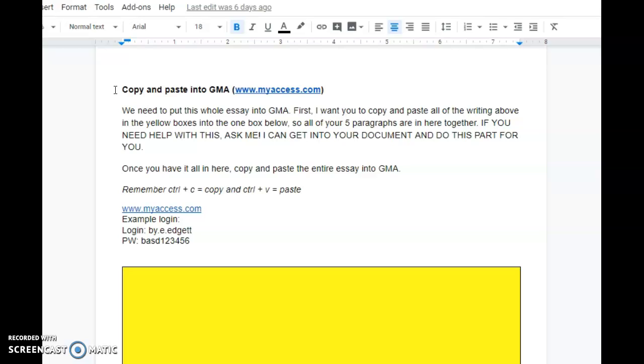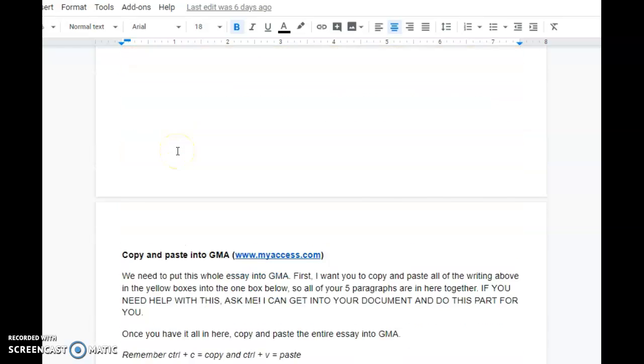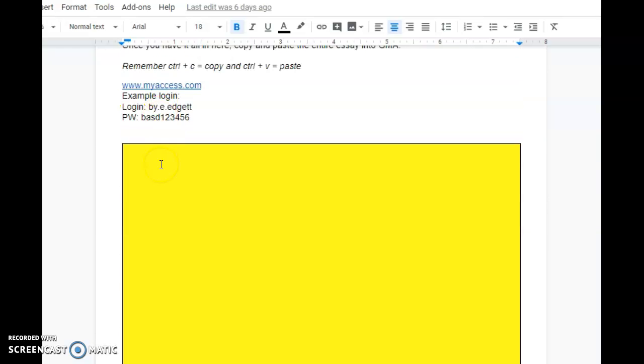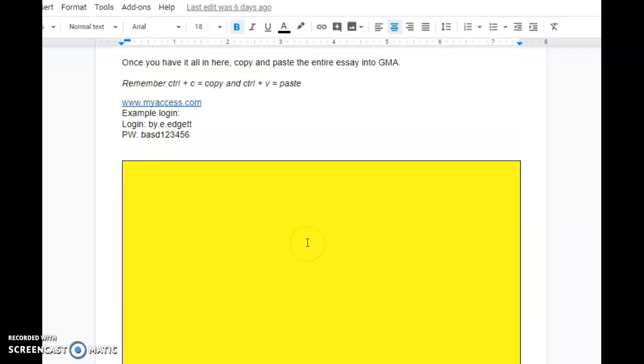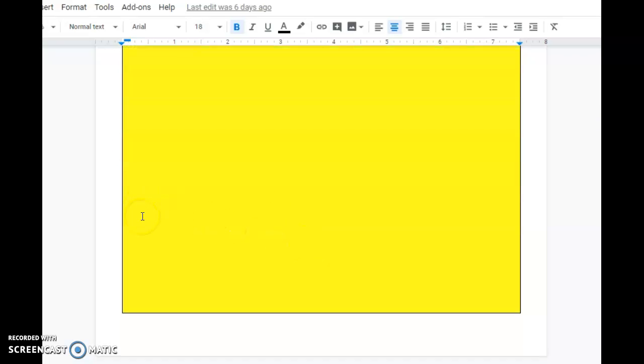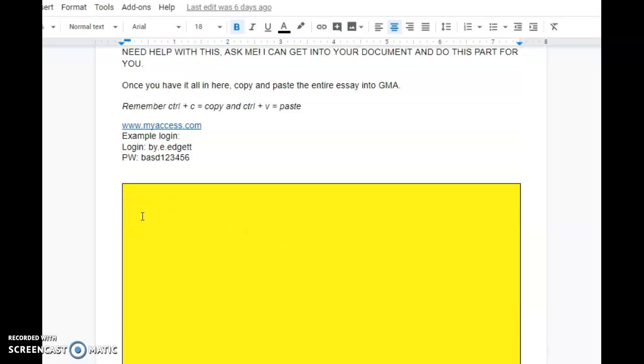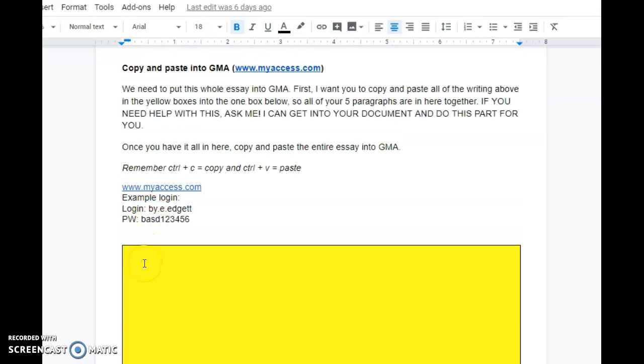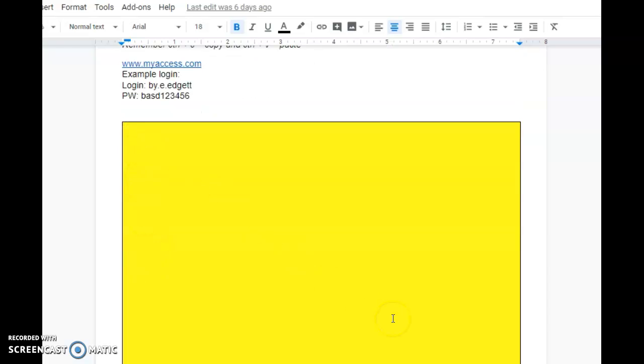So you should be good with what to do here, but just in case you forget, I gave you guys directions. And I also want you to go back to the boxes above and copy and paste each paragraph in order into this one yellow space down here. Okay, so you should have all 4 or 5 paragraphs in this box. And then once it's all in this box, you're going to copy the whole thing.